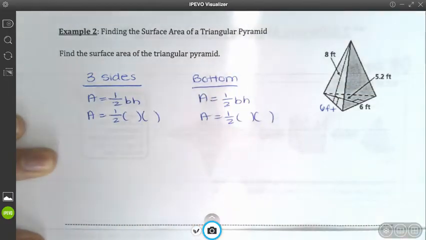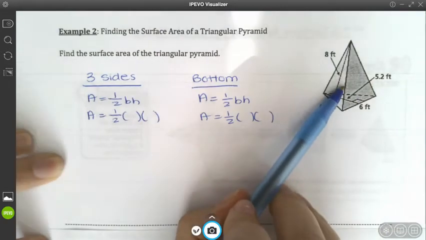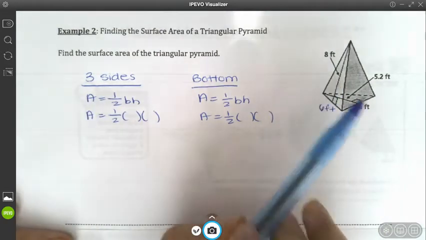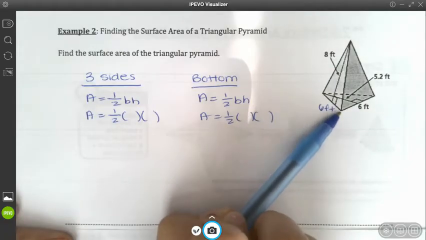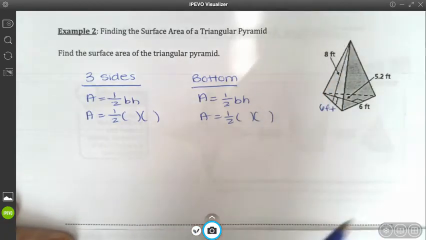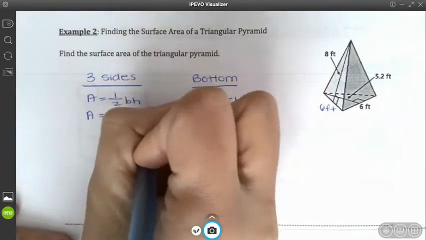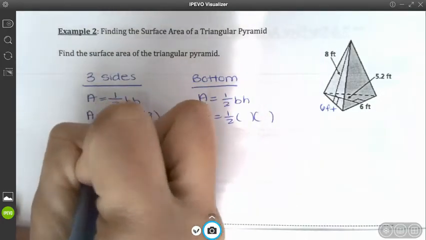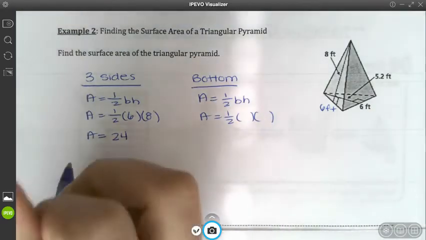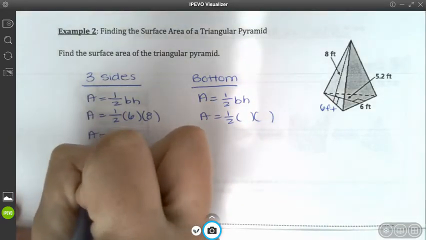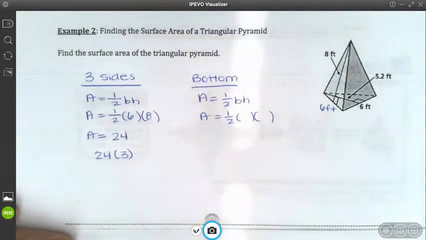Now we have to fill in our dimensions for the sides. Now this is a little tricky to see. We're going to try our best. We're looking for that right angle and the base and the height of the lateral faces. So 6 and 8. Which gives me 24 for one of the lateral faces, but I know I have 3 identical lateral faces, which gives me